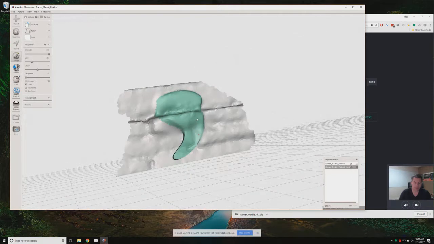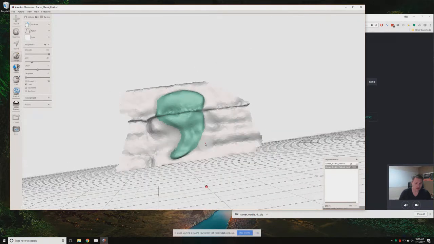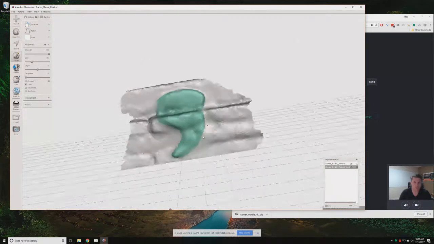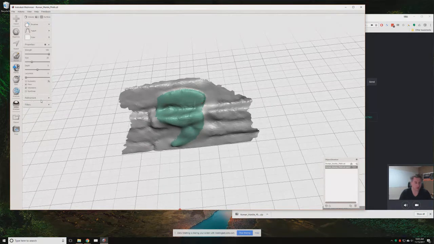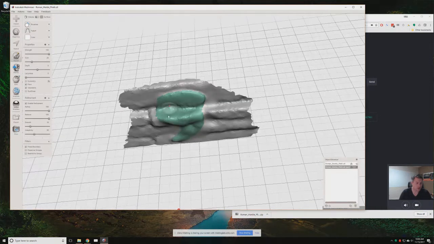and smooth it down. Now, one of the tricks to make this easier is not to affect the edges of this. It'll make it a lot easier bringing this back in later. What you can do is go into Refinement and Filters, and you can say Fixed Boundary, and now you see